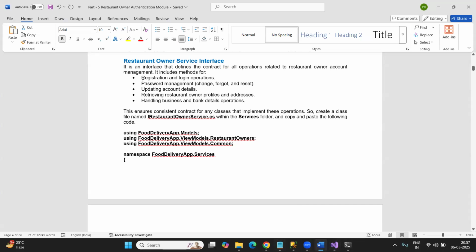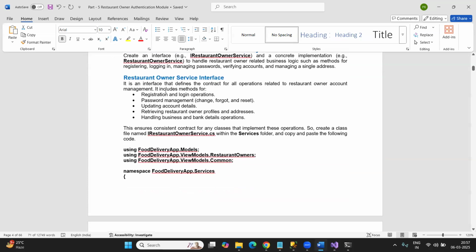So now let us proceed and create the services. As we are implementing this as per the industry standard, we should separate the business and data access logic from our controller class. So I'm going to create one interface with all the required operations, and we are going to implement that interface within a specific class that provides the actual implementation. If we follow the interface-based approach, the benefit is that we can implement unit testing very easily. Now we need to create the restaurant owner service interface,